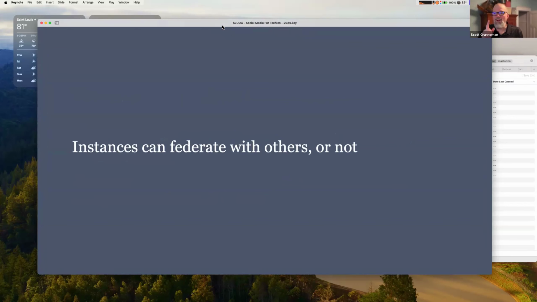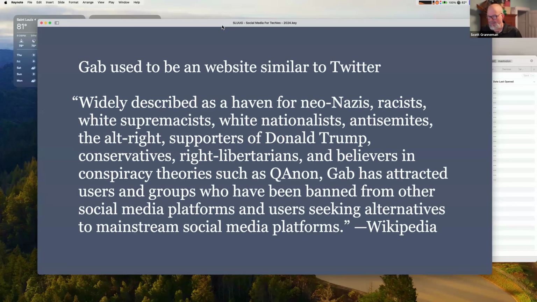Because one of the things that means is, yes, they can all federate with each other, but instances can defederate from others too and say, no, we don't want to be connected with you. We don't want to interact with you, and we don't want you interacting with us. Now, let me explain. Gab, which is still around, used to be a website similar to Twitter, and it's always